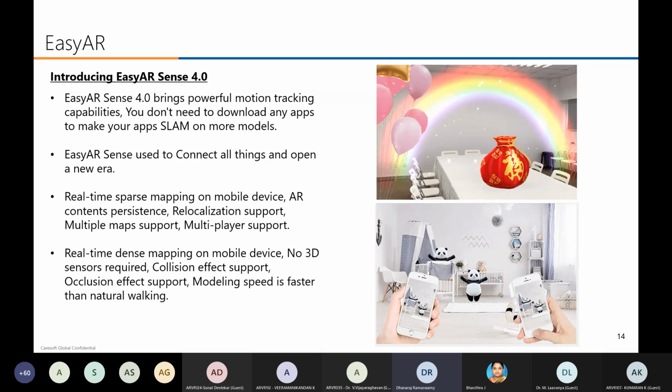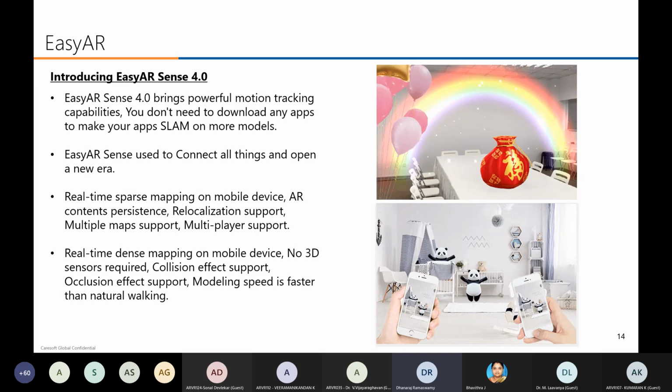Easy AR. For this, no sensor required. Even if you are using any Oculus device or any other things, you require the sensor. The sensor only senses the depth, then it will calculate the depth and give the result. But Easy AR will work without a sensor. Without a sensor, it will detect the depth and show the result. I hope you can understand the difference between the first panda and the second panda.